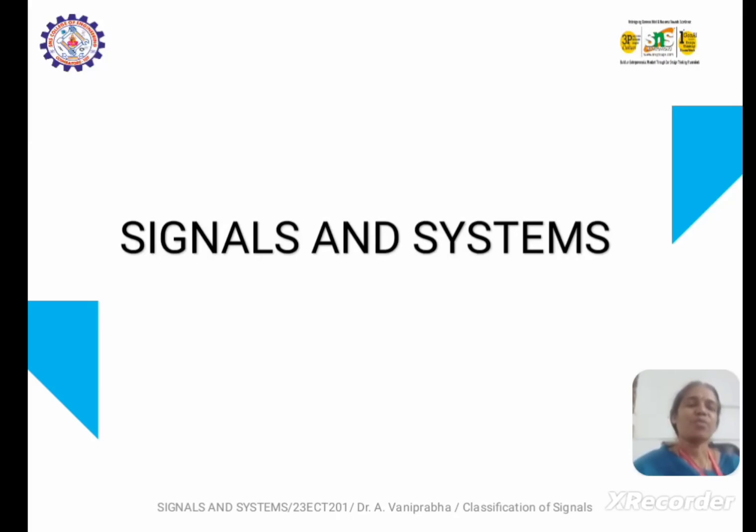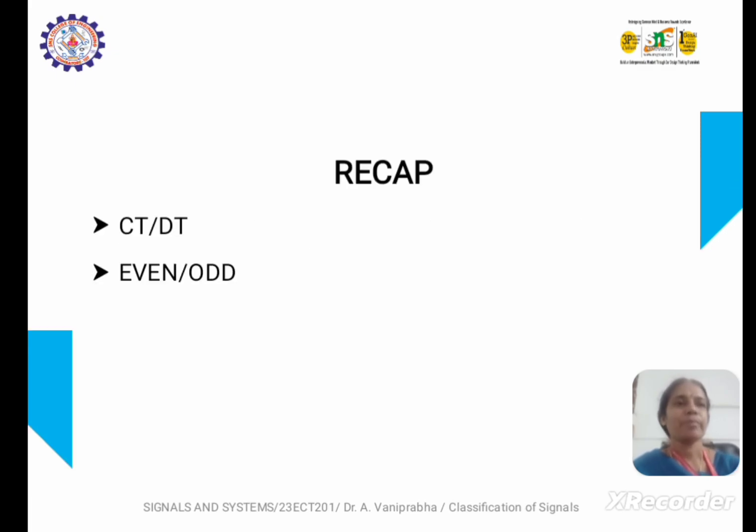Today is the continuation of the previous lecture series, Classification of Signals. So, in the last session, we were discussing continuous time and discrete time signals and even and odd signals. Continuous time and discrete time signals are classified based on the independent parameter, time. So, if the signal continuously varies with respect to time, then it is known as continuous